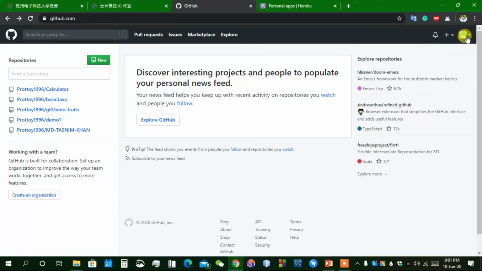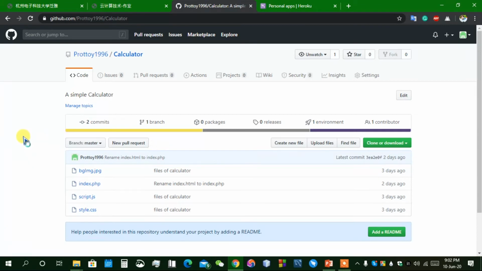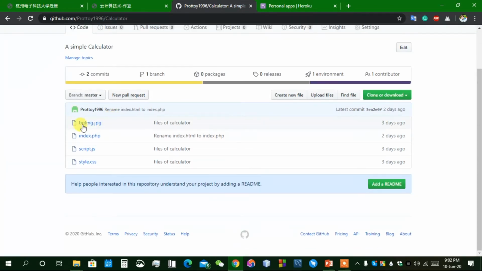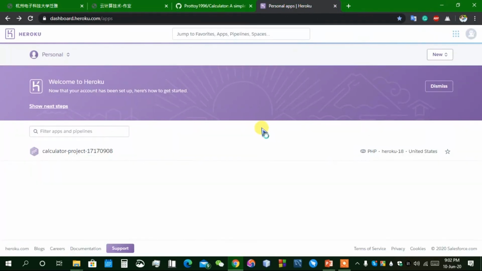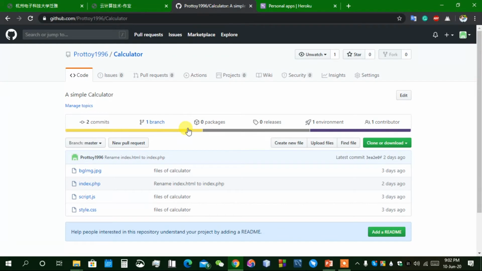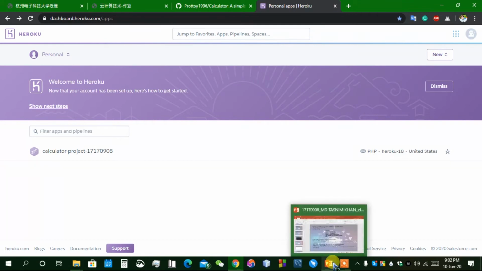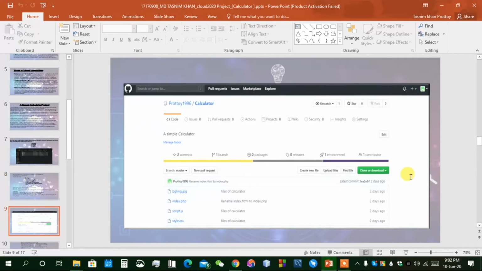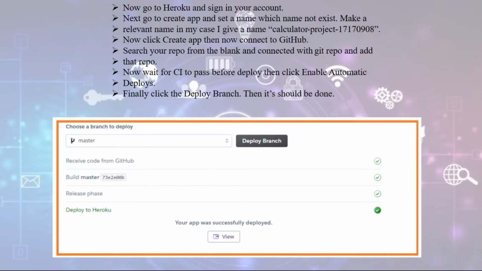Here is my GitHub account. This is my account name and here I created a repository named calculator, and in this repository I have four files. These four files are for my project, and I also created an account in Heroku, the cloud platform, and I linked all the code from here to here for my final project. In Heroku,